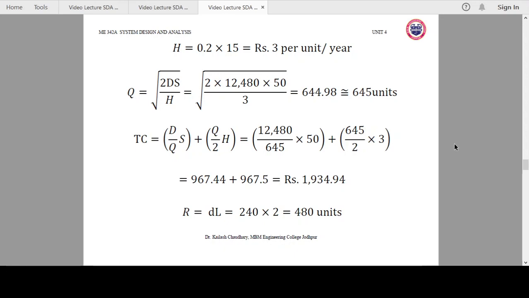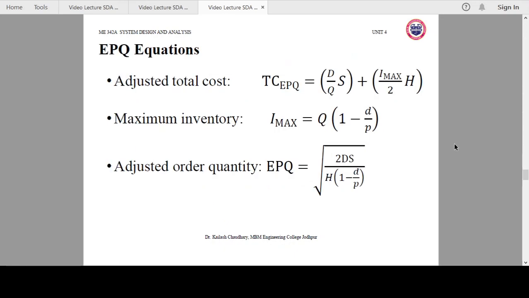And then you calculate the reorder point, means initially you are having 645 units. So Q here, you can see on the screen, is 645 units, means you need to order 645 units, and the reorder point is 480 units in this example. That means you start with 645 units, and as time passes you will be using these units, and as soon as your inventory level goes down to 480 units, you need to make a second order to get more units for your production plan. This is how this model works.